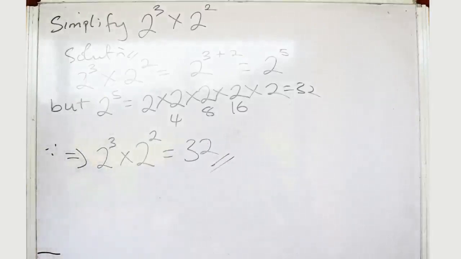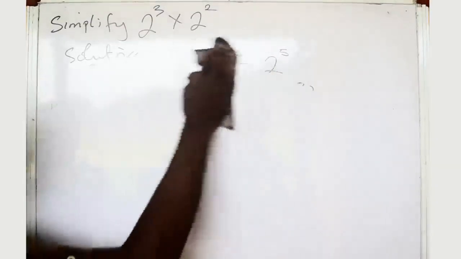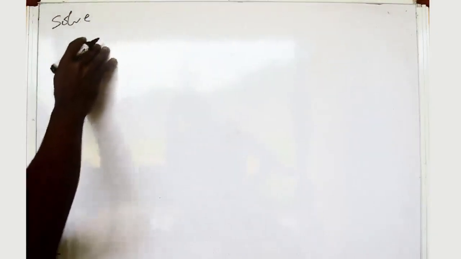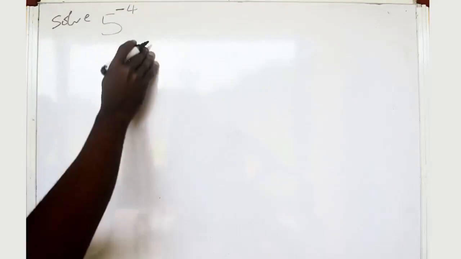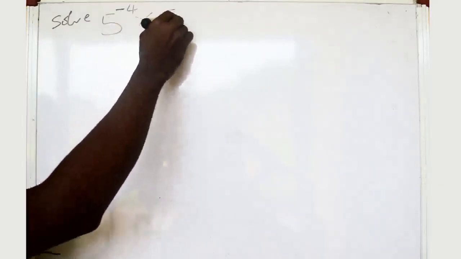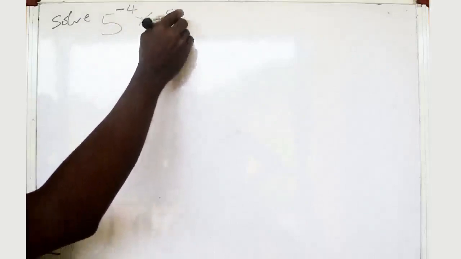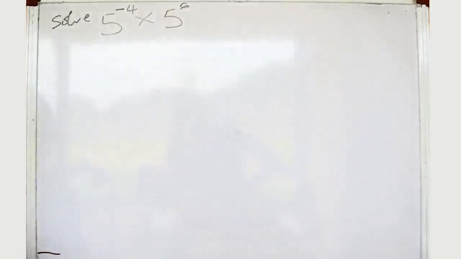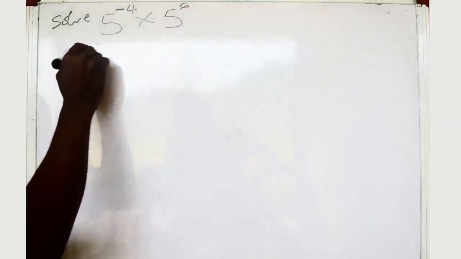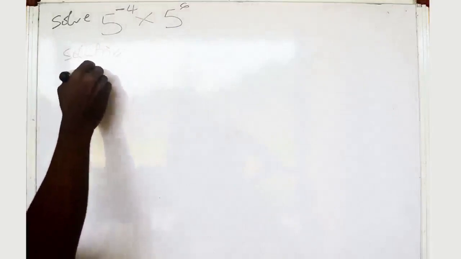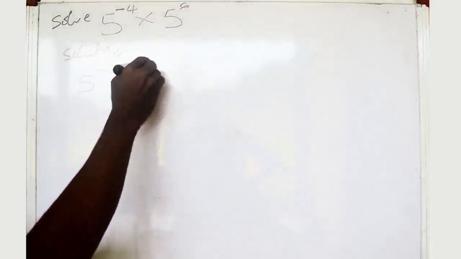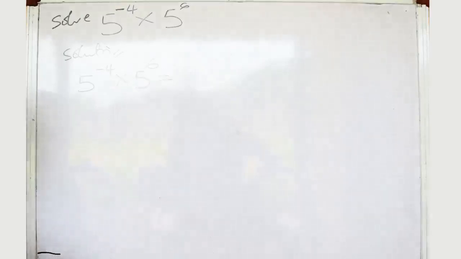Okay, so this can still go like this. We can still change it as, solve. You can still put a negative number. I'll say 5 raised to the power of minus 4 multiplied by 5 raised to the power of 6. As I solve this, the solution to this, 5 raised to the power minus 4 multiplied by 5 raised to the power of 6 will be the same as